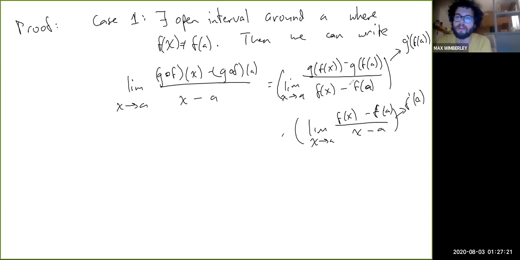So then, since the two-sided limit of g of x minus g of a over x minus a exists, for all sequences approaching f of a, g of that sequence minus g of f of a over the sequence minus f of a should approach g prime of f of a. So yeah, there is a step or two here, but I'm going to gloss over that because it's not very difficult. So now case 2